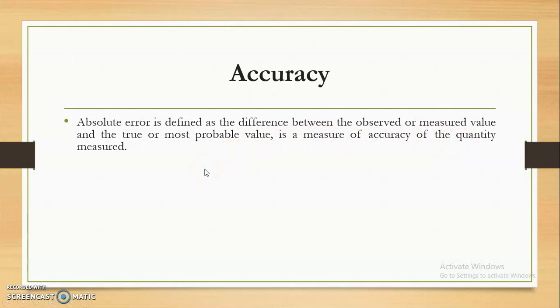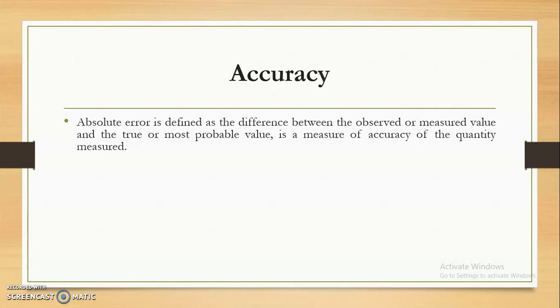For example, just I will explain. In the titration of NaOH and HCl, say 1 molar NaOH and 1 molar HCl, if I take 10 ml of NaOH, then theoretically I must require 10 ml of HCl from the burette to complete that reaction. But when I actually perform that analysis, I will not get a 10 ml result as it is. There might be a slight variation. Sometimes I will get 9.8, sometimes maybe 10.1. Theoretically I want 10 ml as a reading, but practically I am getting either 10.1 or 9.9. So this is the difference.